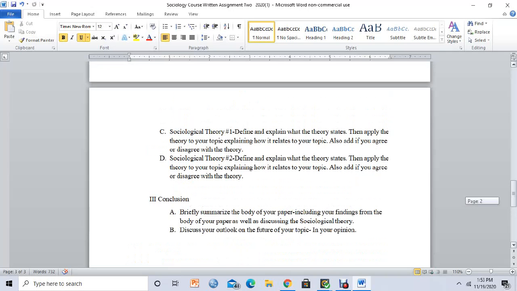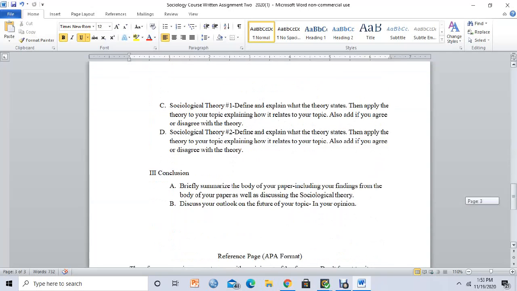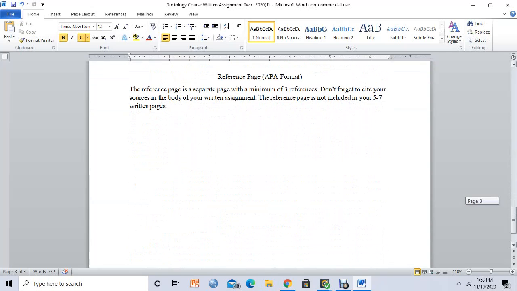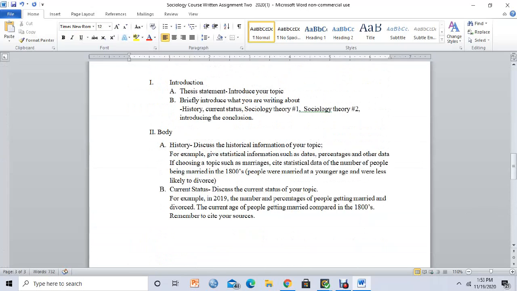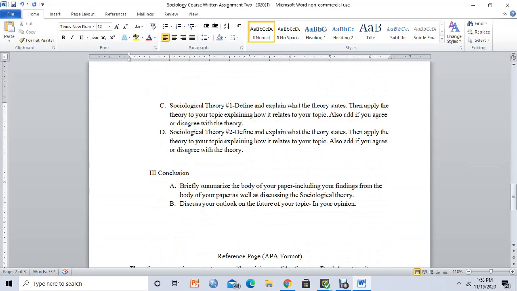So again, we're going to have the introduction piece, the body, the conclusion, and then the reference page, which should be a minimum of 4 references. I have 3, but it should really be 4, because if you're giving me history information, that's one reference source. Current status, of course, I need some statistical information, some data, some dates. Second reference, when you bring a sociological theory,